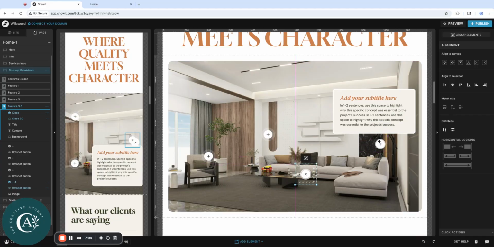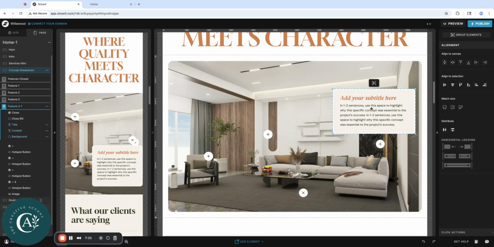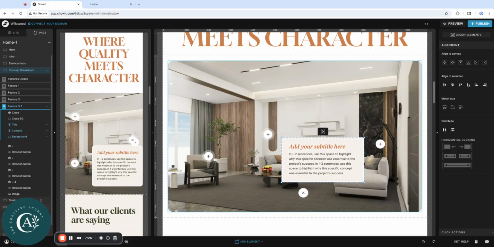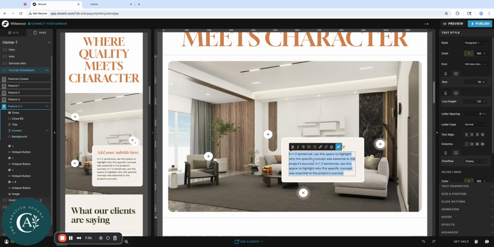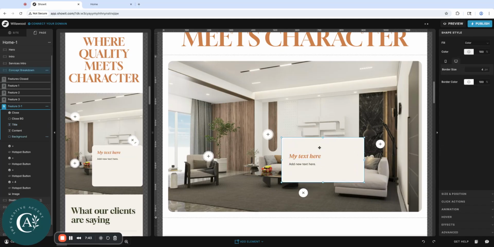So let me just drag that and put that somewhere else. Let's say you want to highlight this part of the photo, so I'll drag that down there. And I'm going to move my box as well. So now I'm going to select, I'm going to move this down here. And that fits in pretty nicely, but let's say we still want to maybe adjust this. Add new text here. Let's drop that down. My text here, we can move this around